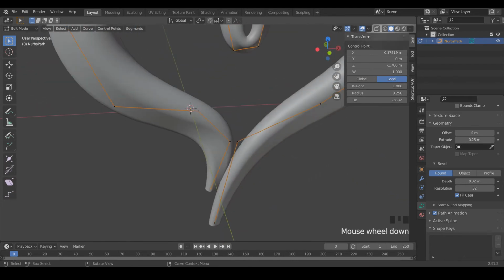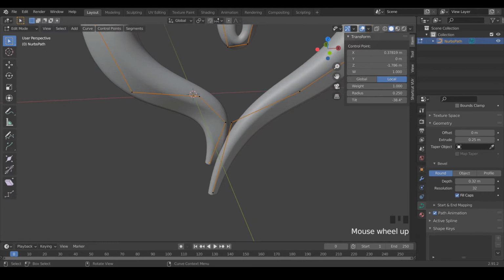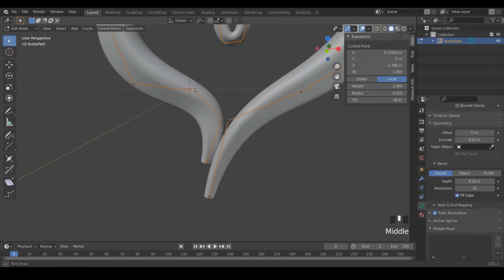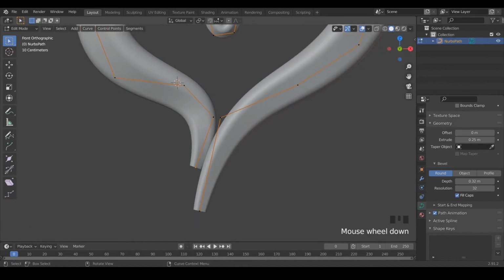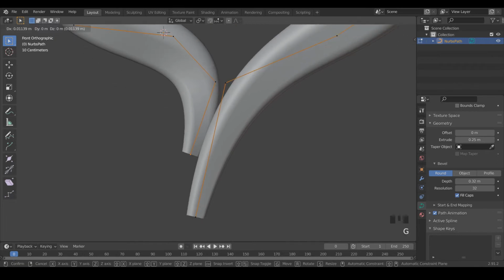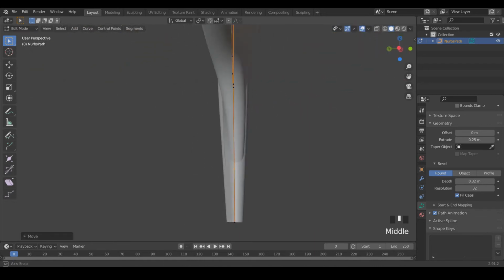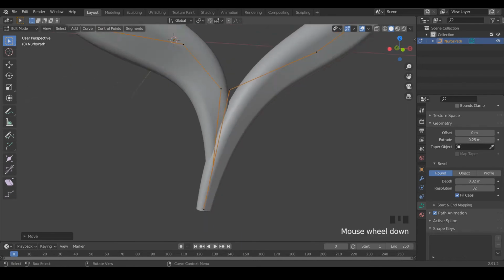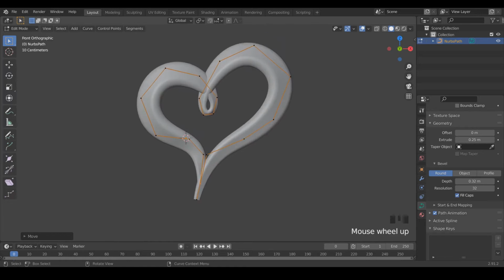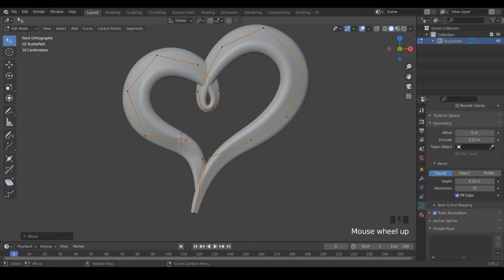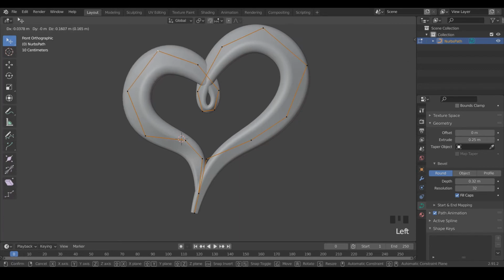So I want this shorter tail to kind of curve inward and connect with the other one. So what we're going to do is, by hitting 1 on our keyboard, going into front facing view, I'm just going to grab this vertice by hitting G, bring it in and kind of down. And that looks about right. So now that I've gone through and kind of adjusted the tilt in the positions that I want them to be, I'm just going to go through and use a tweak select to kind of adjust the profile to be where I want it again.